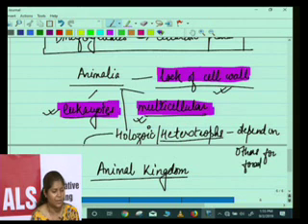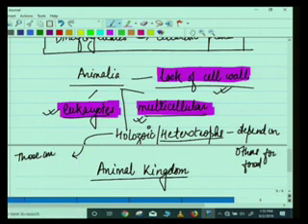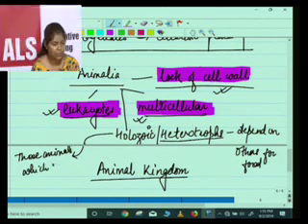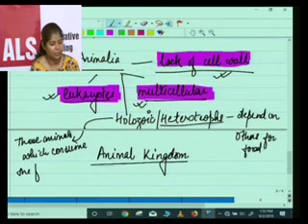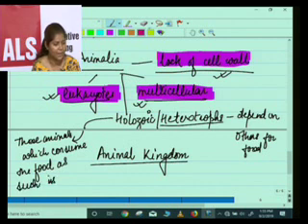And holozoic means what? Holozoic means those animals which consume the food as such, that is in complex form,